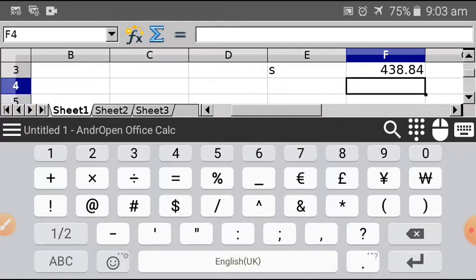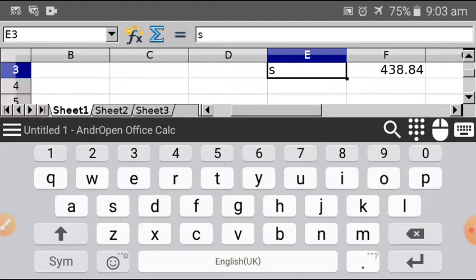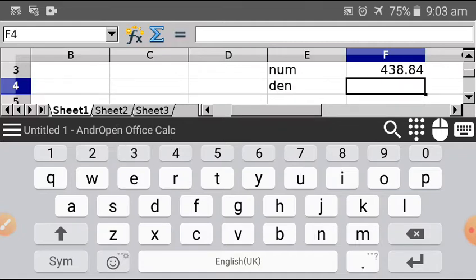So this is my numerator. I have not yet calculated the denominator, so here I will write down in place of s. This is my numerator. The denominator is n1 plus n2 minus 2. So n1 is our 10. So let me start with the formula.